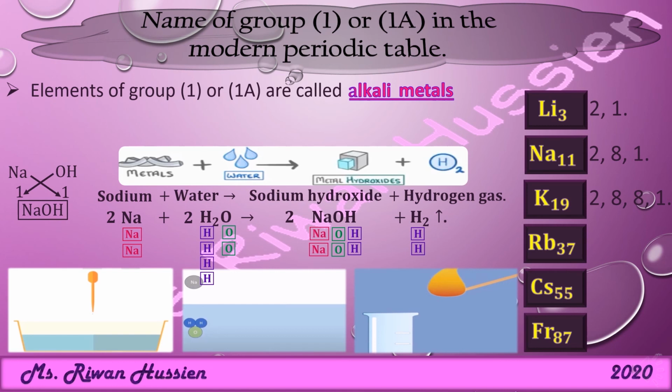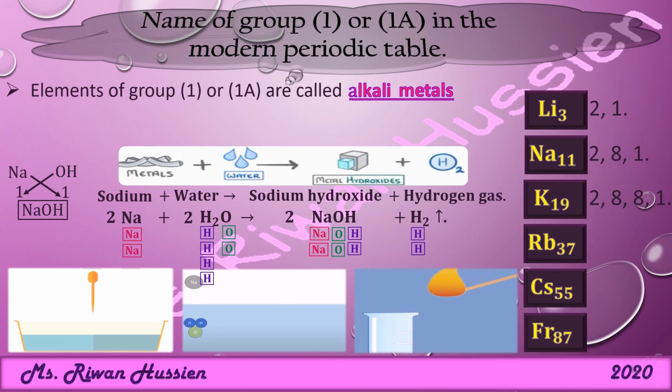So let's check again. We have on each side of the arrow 2 sodium atoms, 4 hydrogen atoms, and 2 oxygen atoms. So this is exactly balanced, as we have the same number of each type of atom on both sides of the arrow, and so we are done. So the equation is 2Na plus 2H2O gives